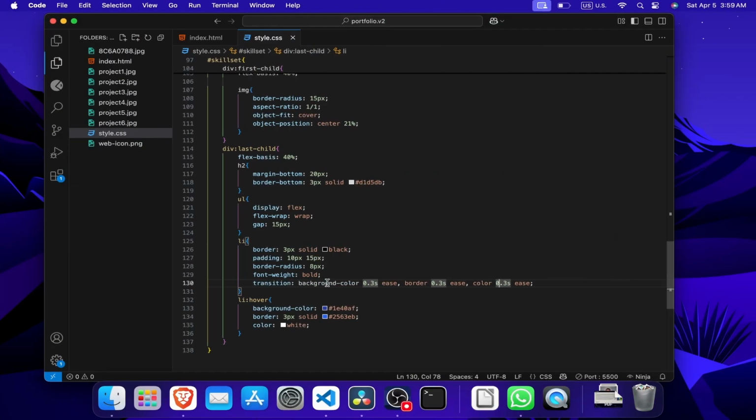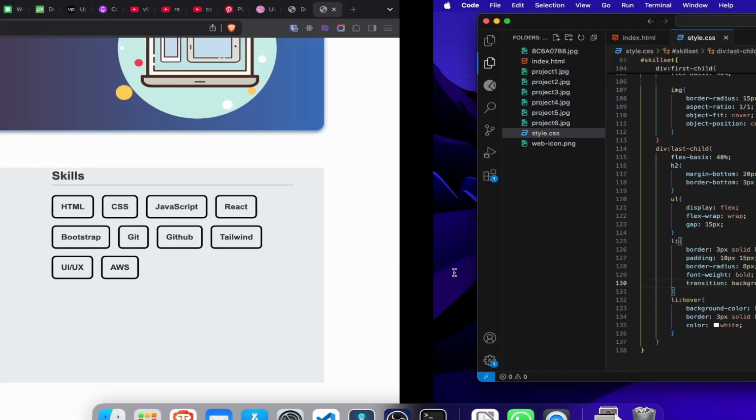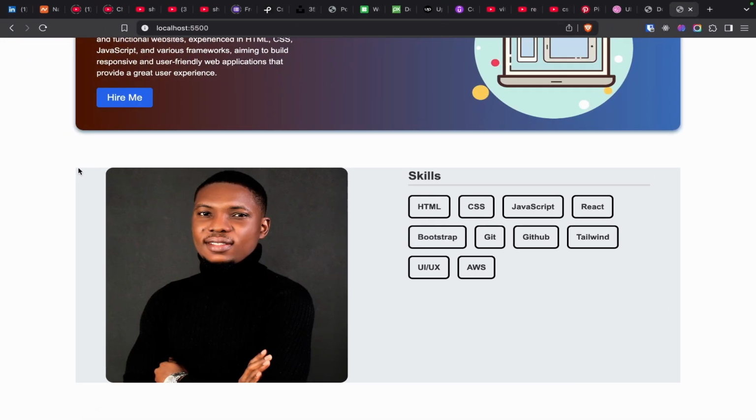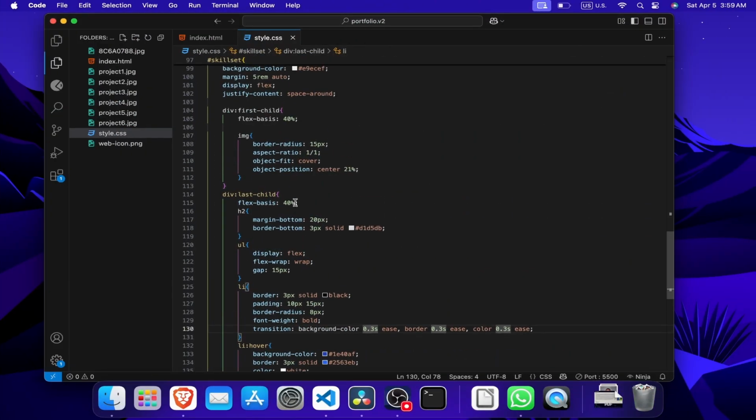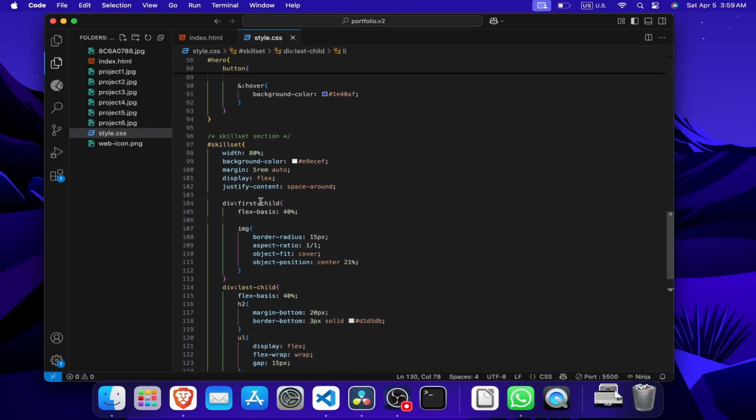So we're adding a three-time transition. We use the comma to separate them, and that works best. That works well, actually. So lastly, I want to add a padding around this, and I want to add some curve around the edges. So I want to go back to the skill set styling, just around here,